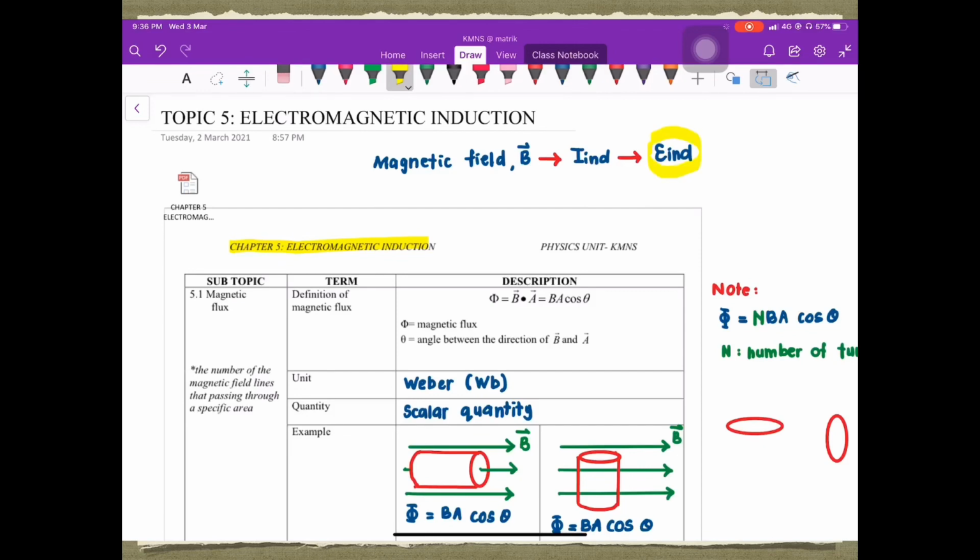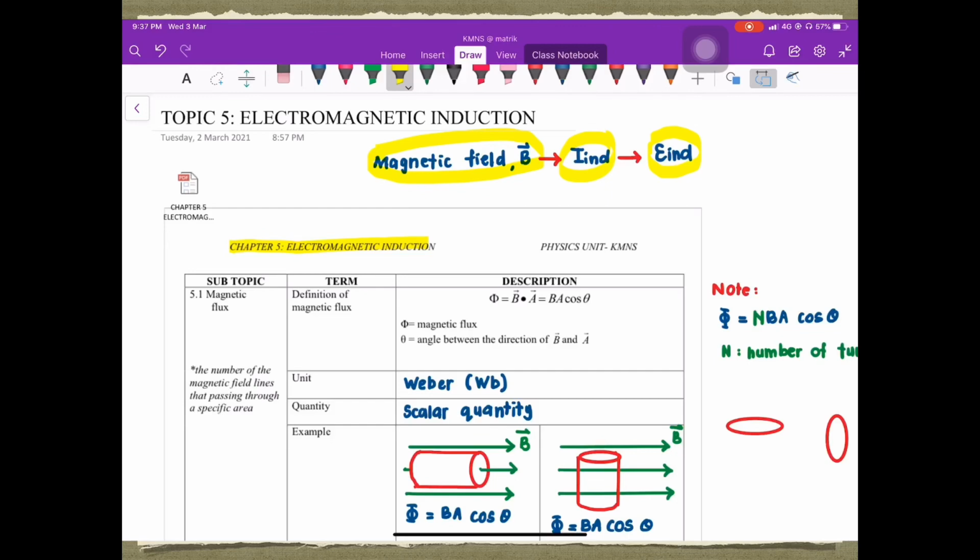Basically, it is produced by the magnetic field. So that's why we can see here magnetic field. Okay, we produce induced current and also induced